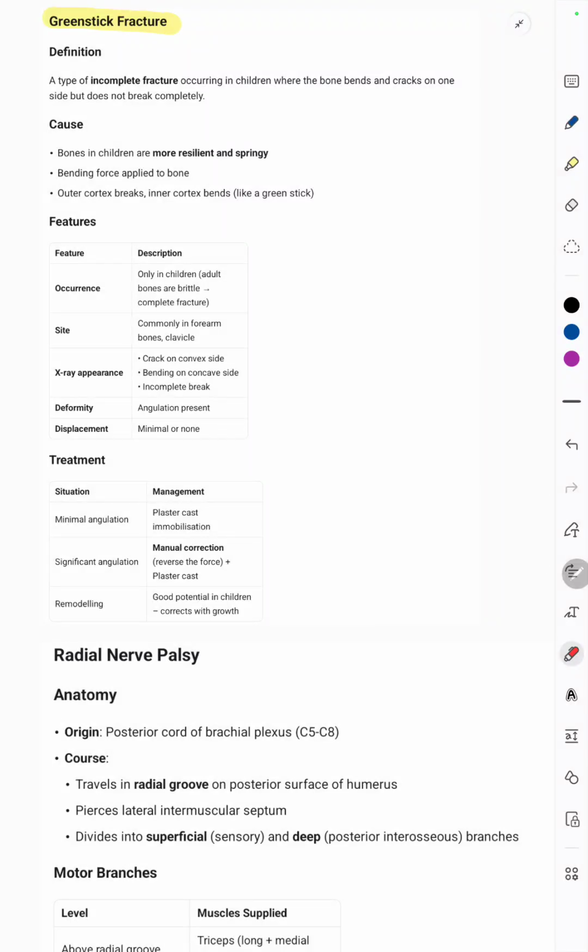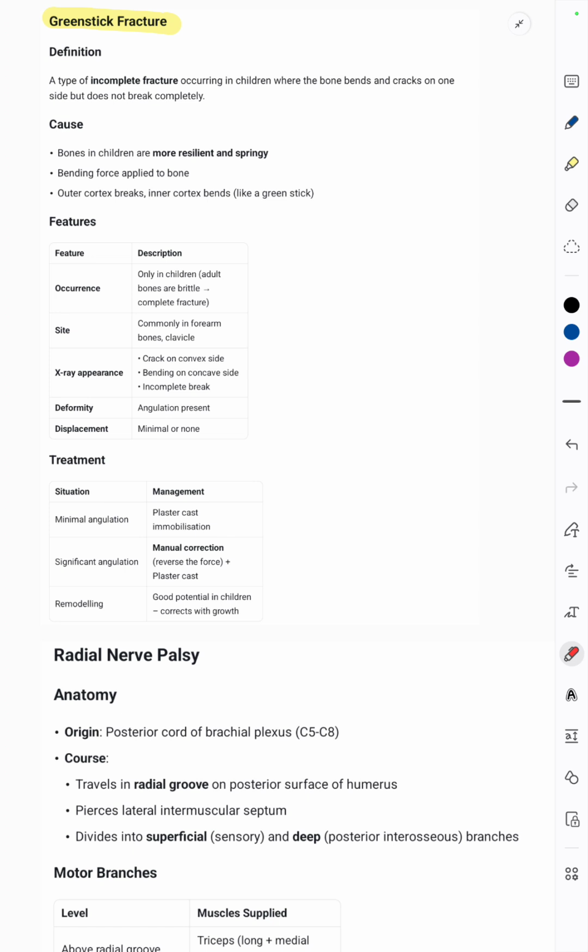Green stick fracture. Green stick fracture is a type of incomplete fracture which occurs only in children, where the bone bends and cracks instead of breaking. It happens in the bones of children because they are more resilient and spring-like. When a bending force is applied to the bone, the outer cortex breaks. That is, the convex surface breaks, while the concave surface, that is the inner cortex, bends like a green